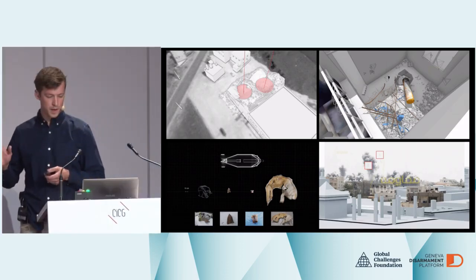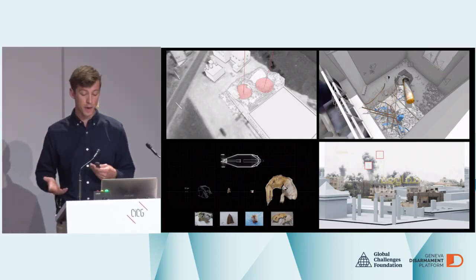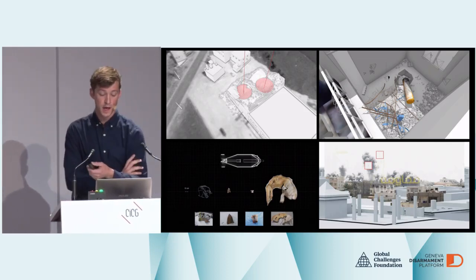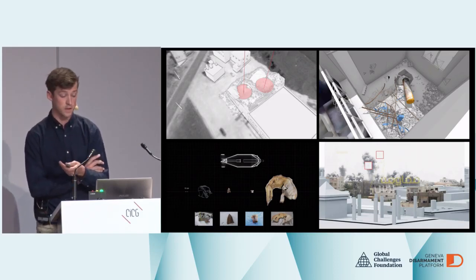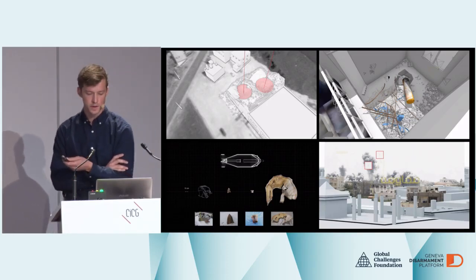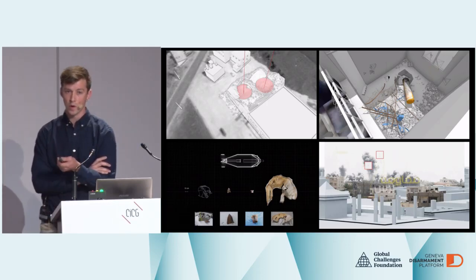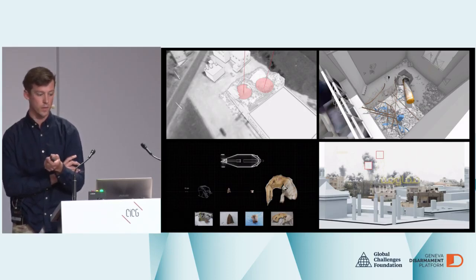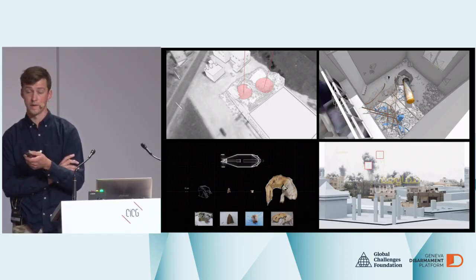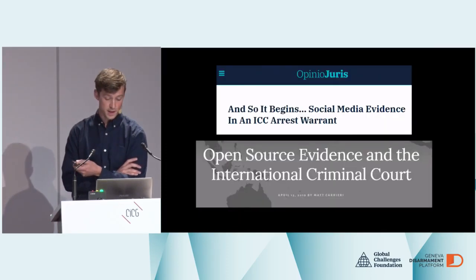Now, there was something interesting on the opening panel. Somebody said that it's not easy anymore to simply count the weapons systems that are owned by and owned up to by state actors. And if ever it was that straightforward, it certainly is less easy now. Non-state actors and proxy militaries and the breakdown of reliable oversight structures have made that the case. So this sheer quantity of open source material that's now available in the public domain is an opportunity for civil society to hold state and military actors to account, but it does also present logistical, technical, and indeed theoretical problems for those investigators and monitors. One of these logistical problems is going to be the subject of this short presentation.